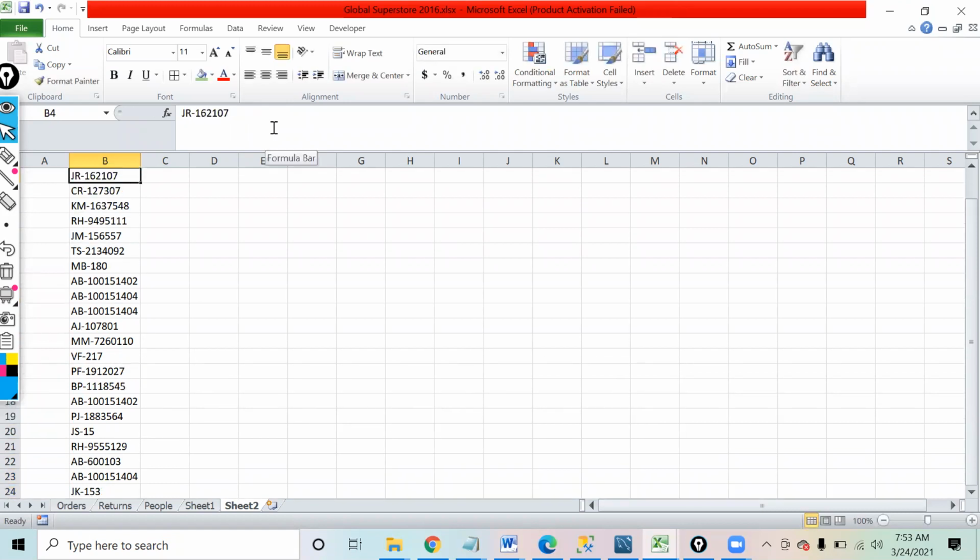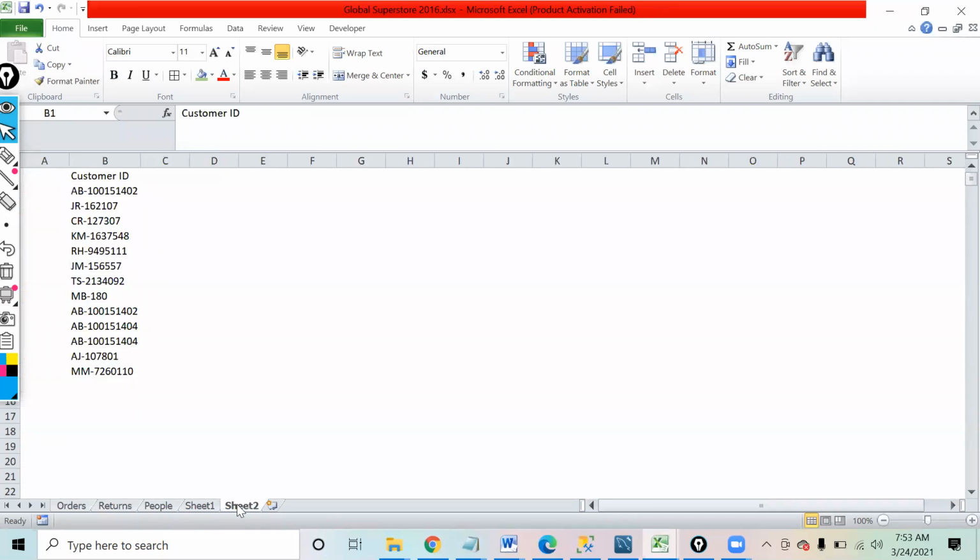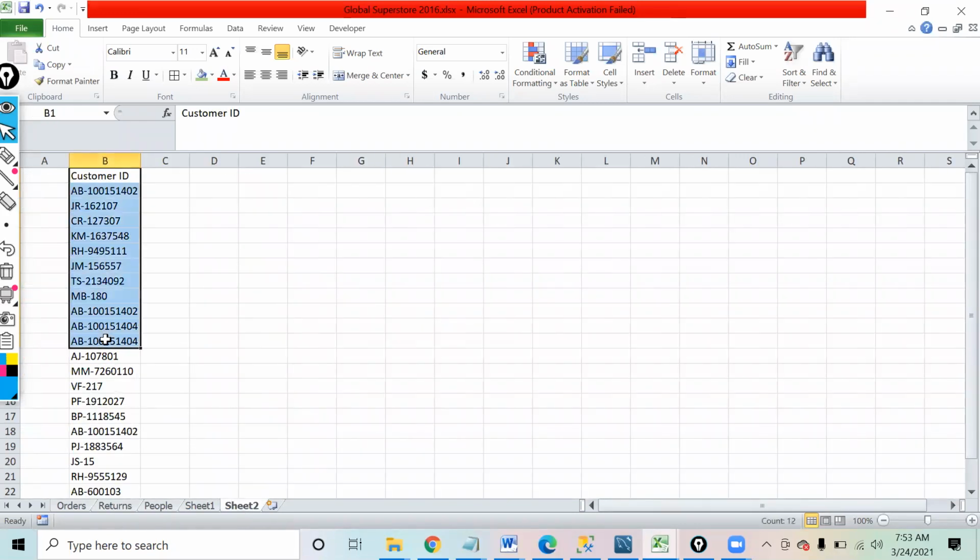I changed the numbers in some IDs. What I want to achieve is to find those customer IDs which are not available in orders. Out of this complete list, which are those customer IDs which are not available in orders? How will I get that?